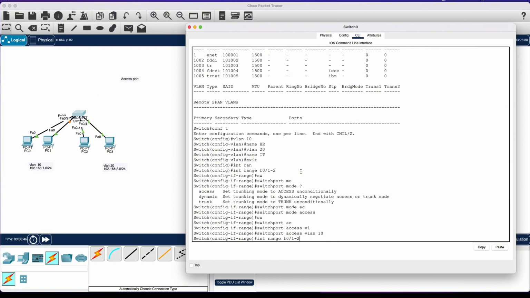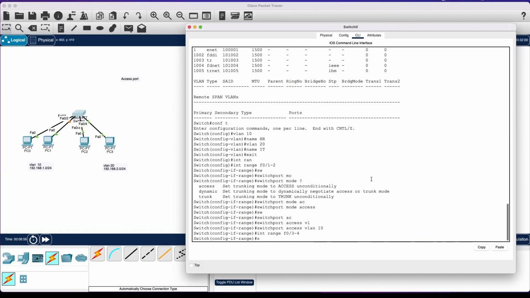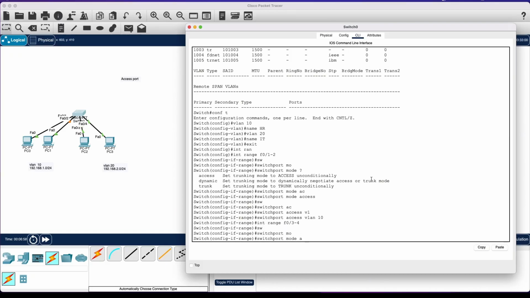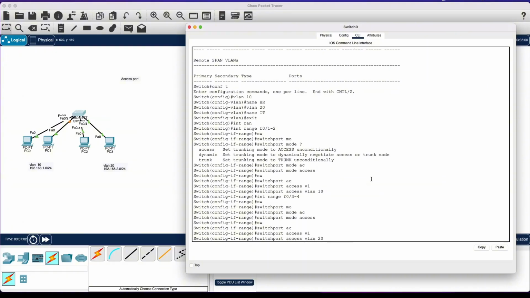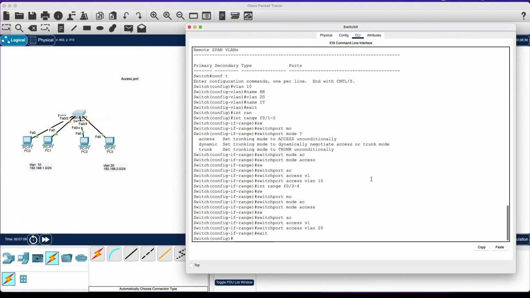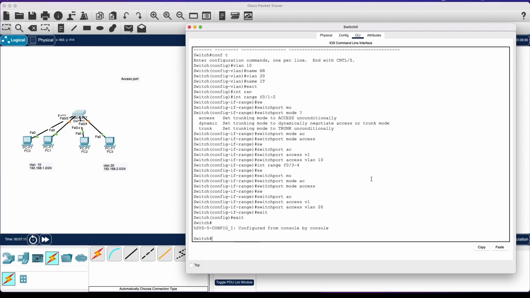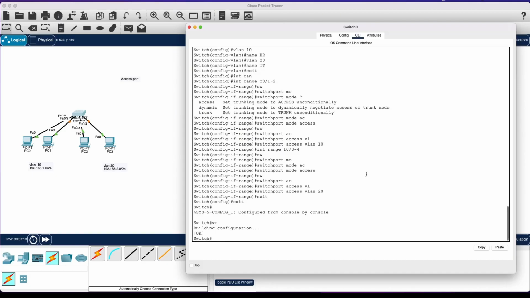And for the respective fast Ethernet 0/3 to 4, these two interfaces must be in the VLAN 20, and we'll be assigning them to the access port as well. In order to do that, again, switchport mode access, switchport access vlan 20. Exit out of the config mode and save the config. So once done, we will go ahead and verify whether the